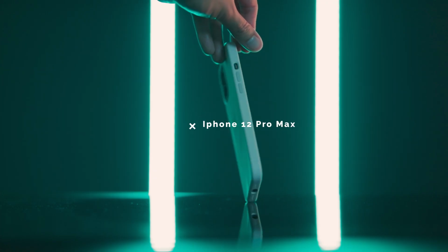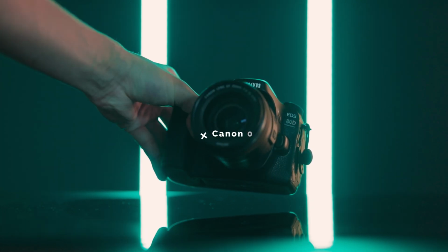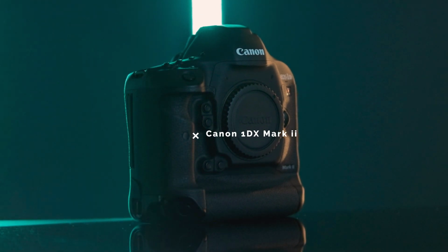So the first question to answer, what camera should I buy? To answer that, I want to show you the differences between 4 cameras: an iPhone 12 Pro Max, a beginner's Canon Rebel T3i, an entry-level Canon 80D, and a full-blown professional-grade Canon 1DX Mark II. So let's see if you can spot the differences and guess which one is which before I put a label